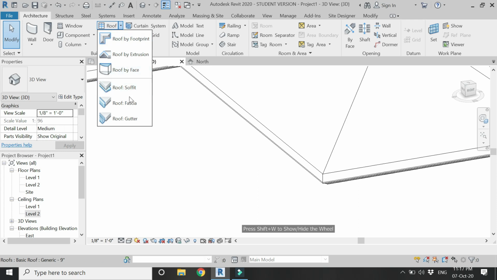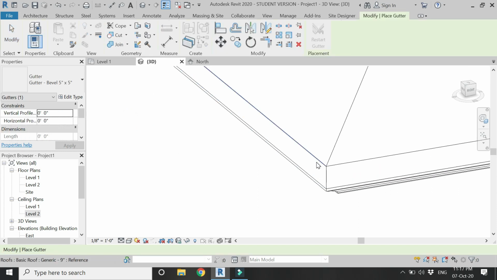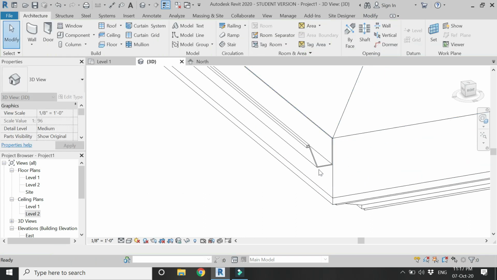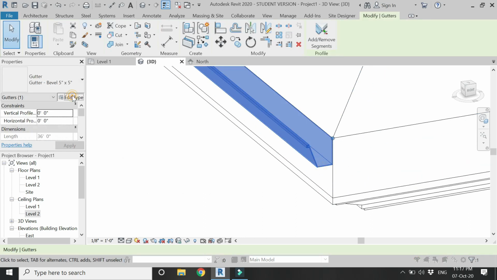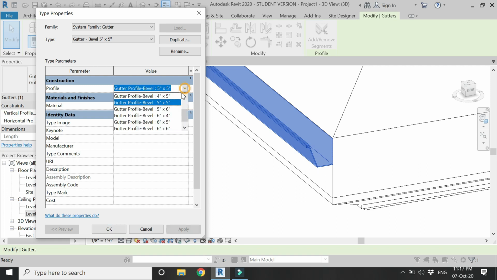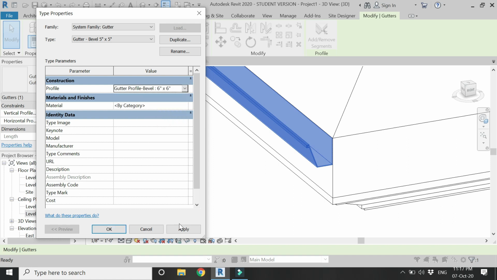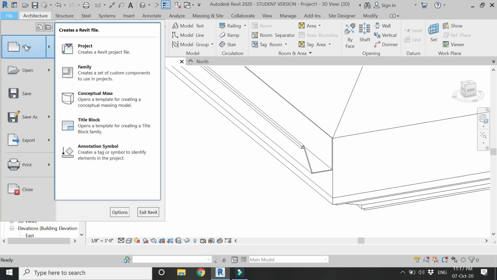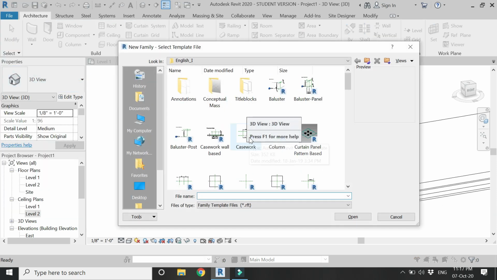Now let's place the gutter along the edges of the roof. For that, select this roof gutter command, and you can see it is placed along this side like this. Again, it comes by default in these profiles, but if you want you can create your own customized profile for this gutter design. For that, again open a new family template file of profile,